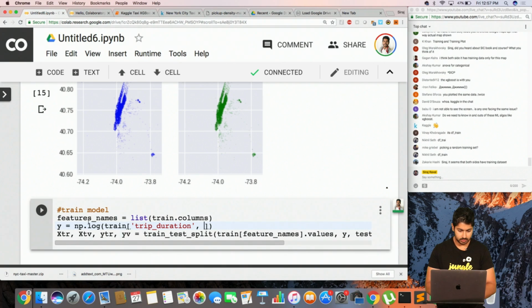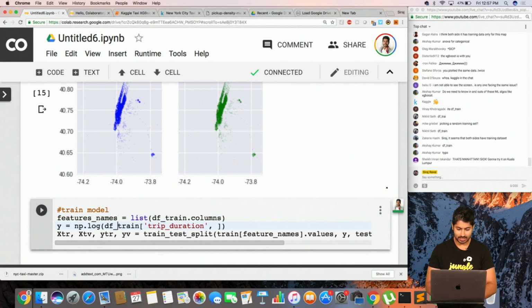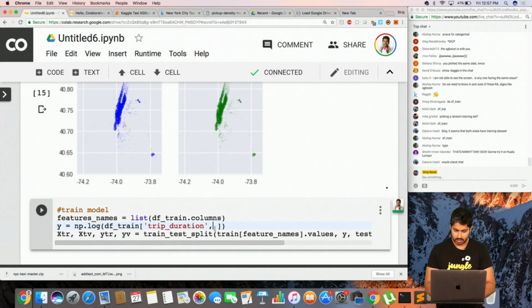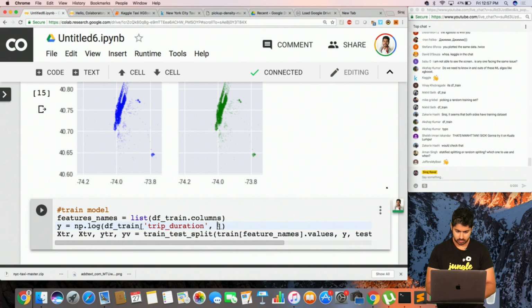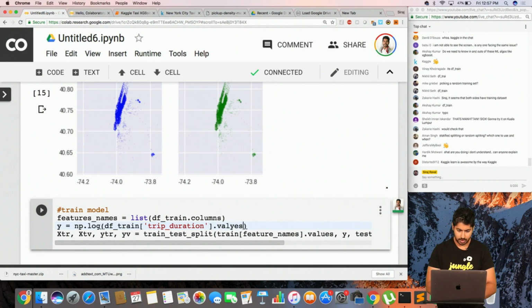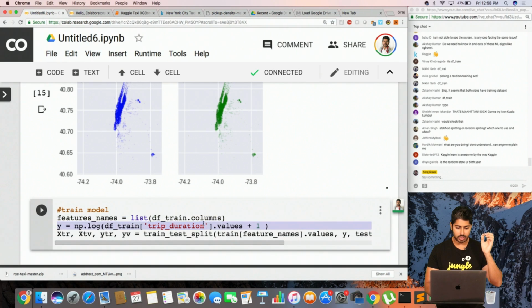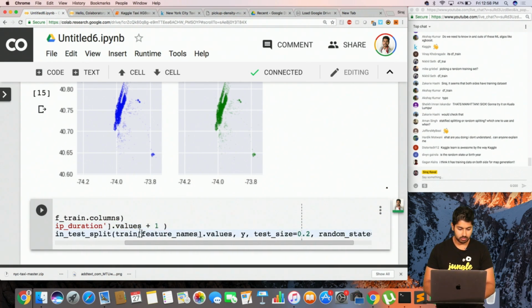Thank you, df train. We got people on it. That's what I like to see. You guys are amazing. Trip duration dot values. Remember how I did that up there? I added one. I'm doing that again. So this is our input data, and here are our labels. That's why I imported both of those.